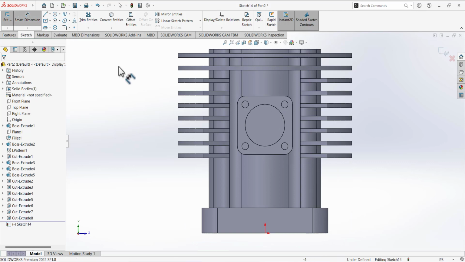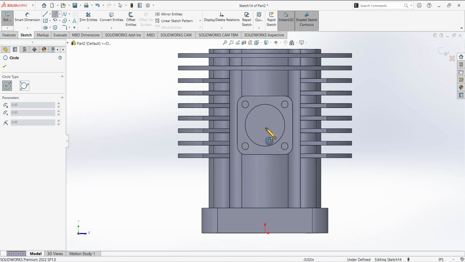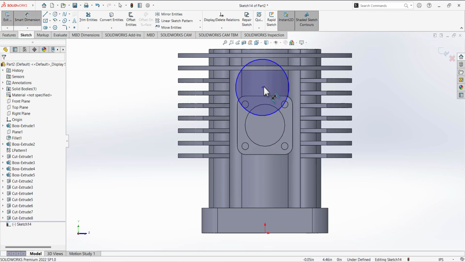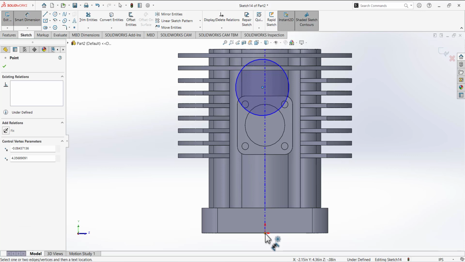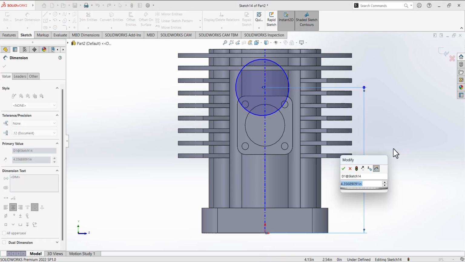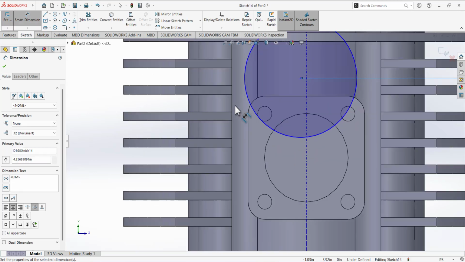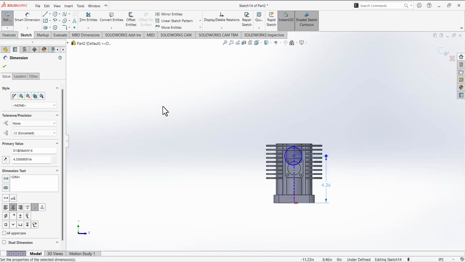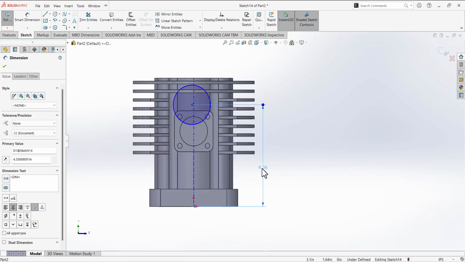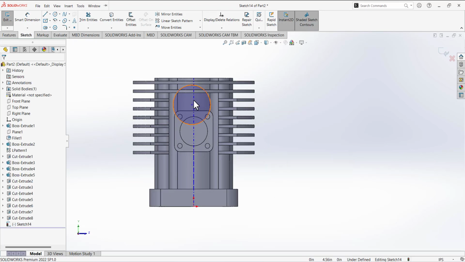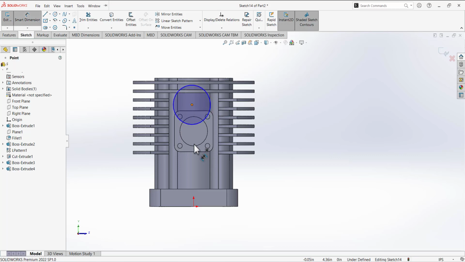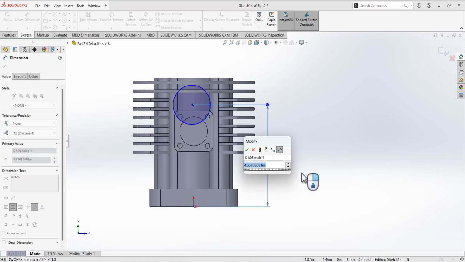Smart dimension, sorry, circle, and draw a circle like that. Don't automatically add some relation, just draw it like that. And then from this center to this one. Okay, so from this point to this origin, its dimension is given as